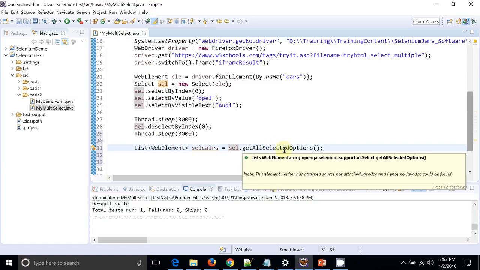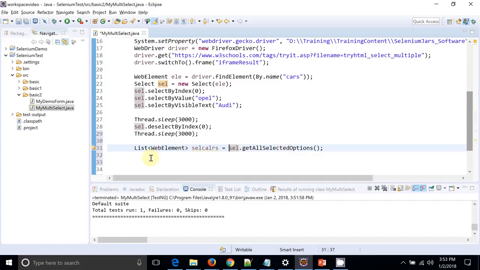So why is this required? You never know, even if you have selected a particular value, your UI may have an issue and your values are not getting selected, and you need to check if all the values that you have selected are actually in the selected state or not. So you can get those values and put your assert statement over here, by which you can say, okay, my values are selected or not. Fine. So now I got the selected values.